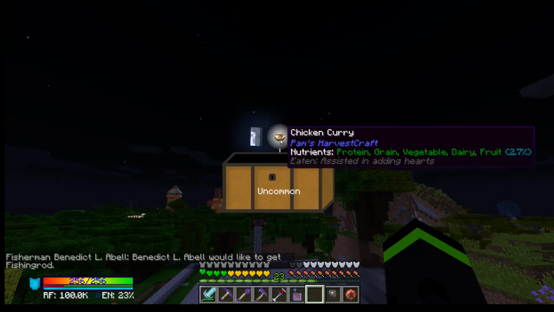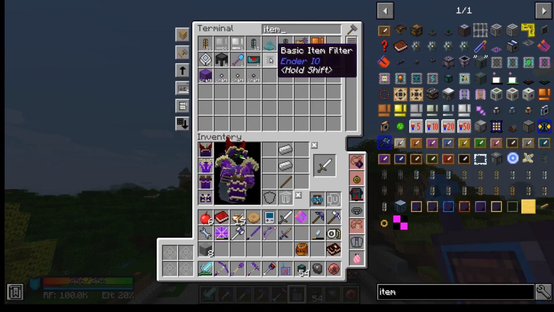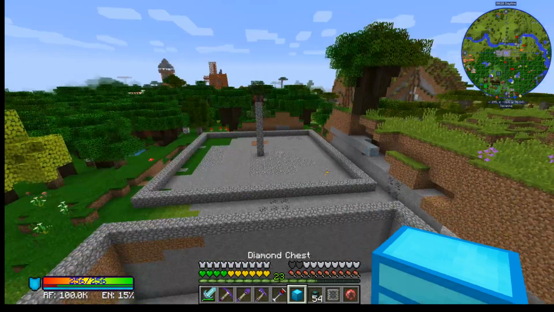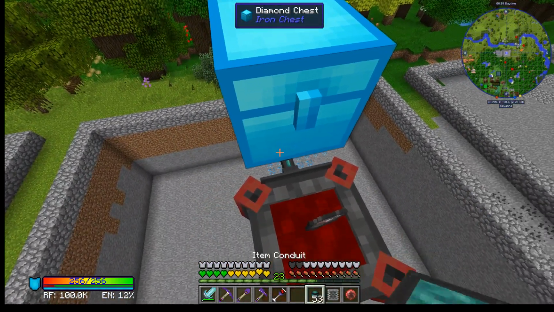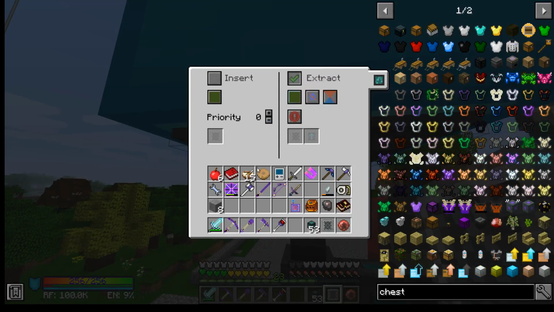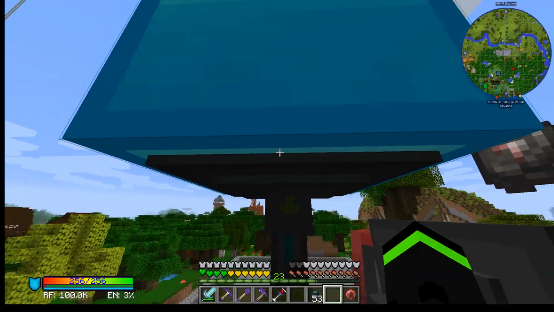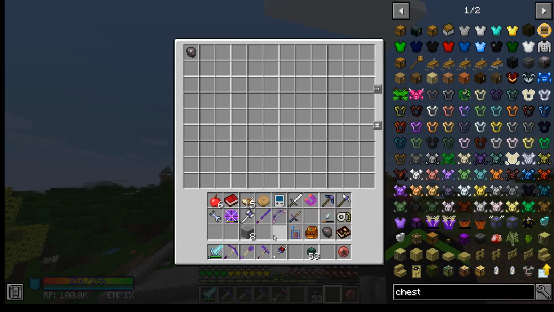We can actually just automate it slightly with, say, item conduits and a filter and a chest of some sort. Let's get this one. So we're just going to pop that there. We're going to pop that there. We're going to put a filter, extract, and we're going to say stone can come out. Always active. Always active, insert, insert. So theoretically,